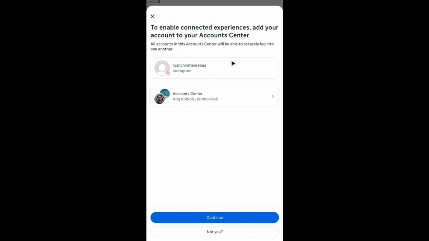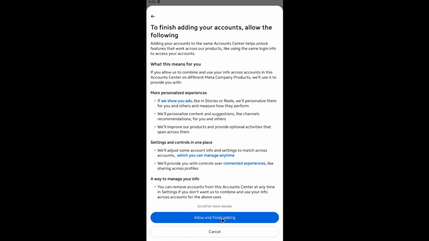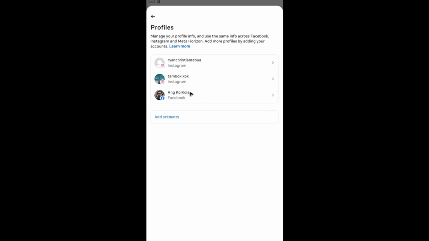And as you can see here, it led us back to our Instagram app. And as you can see, in Account Center, our Facebook has been partially added. So what we're going to do is just hit on Continue right here. Continue and allow and finish adding. Wait for it to load. And there you have it. Our Facebook right here